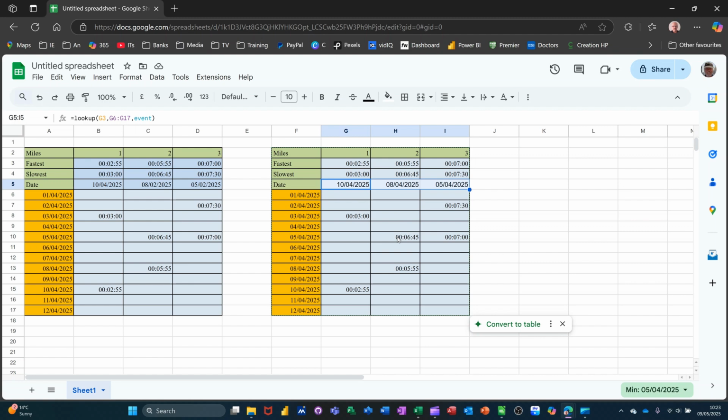So that's all I want to talk about in this lesson. How to return a time based on a date or a date based on a time, and using the lookup